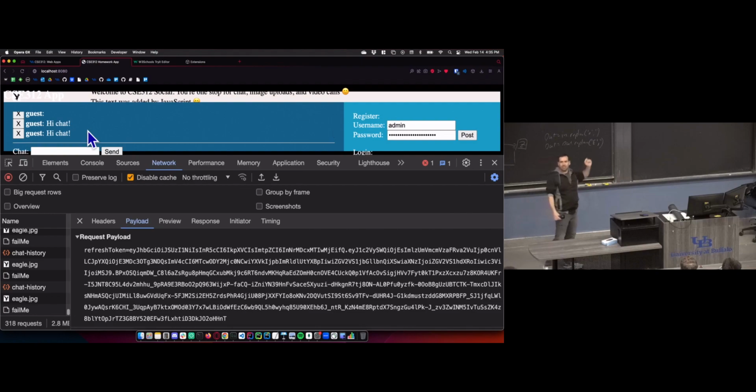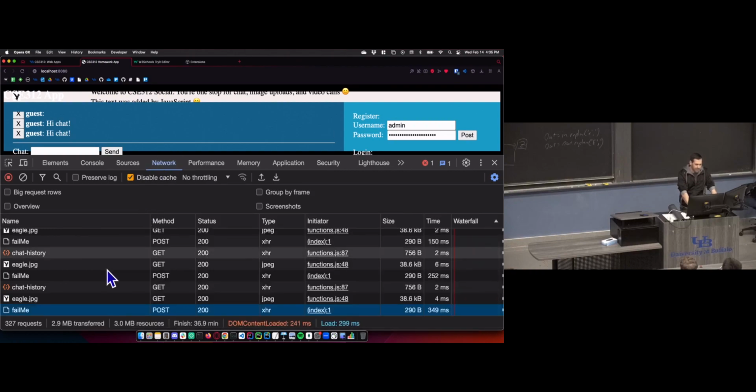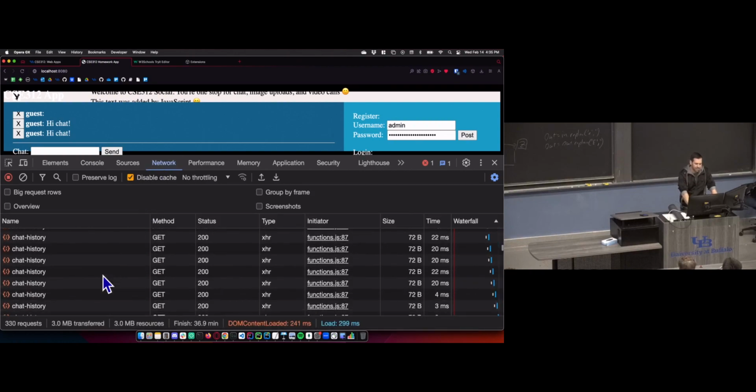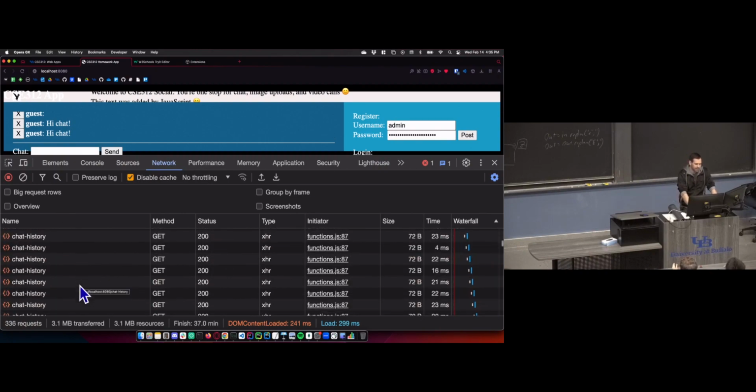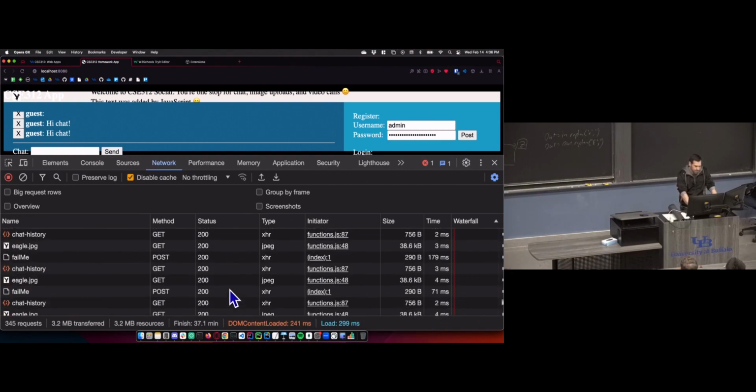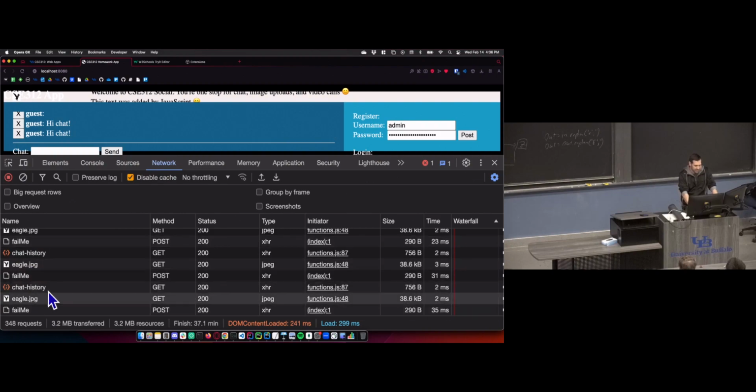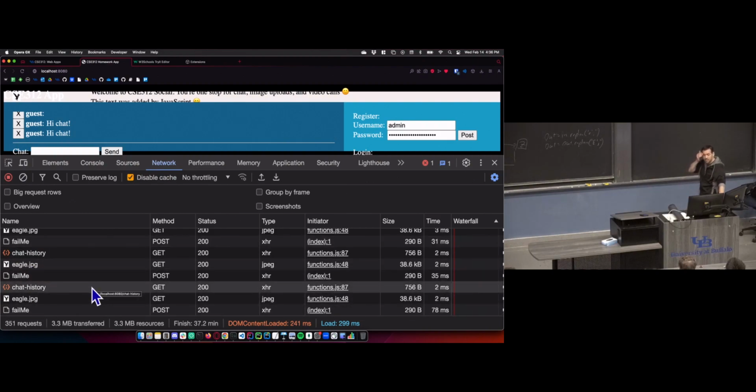Now, there's a few things here. I said asterisk. I've got to explain that. This is going to send all of the cookies. Oh, and this is the network tab. I didn't explain anything. These are all of the HTTP requests for this page load and everything that's made after. Here's my chat history polling at, I think, 2 seconds. And whenever I send a message, render messages, it's all right here.